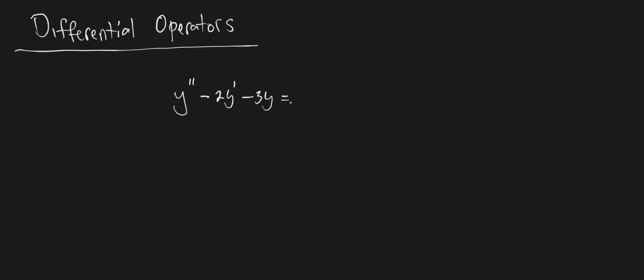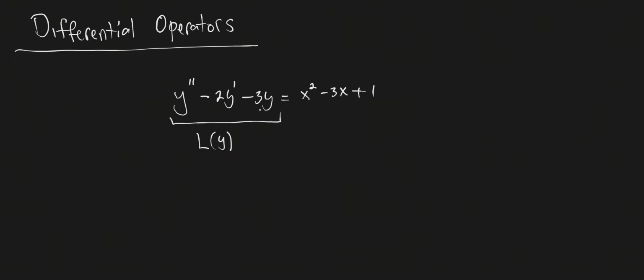And let's make it non-homogeneous. So let's say we have x squared minus 3x plus 1 right there, and this is our differential equation. We can see the left-hand side is something that's familiar, and we know how to solve it if we have a 0 on the right-hand side. But the interesting thing is, if I take this entire expression here and call it something like L of y,